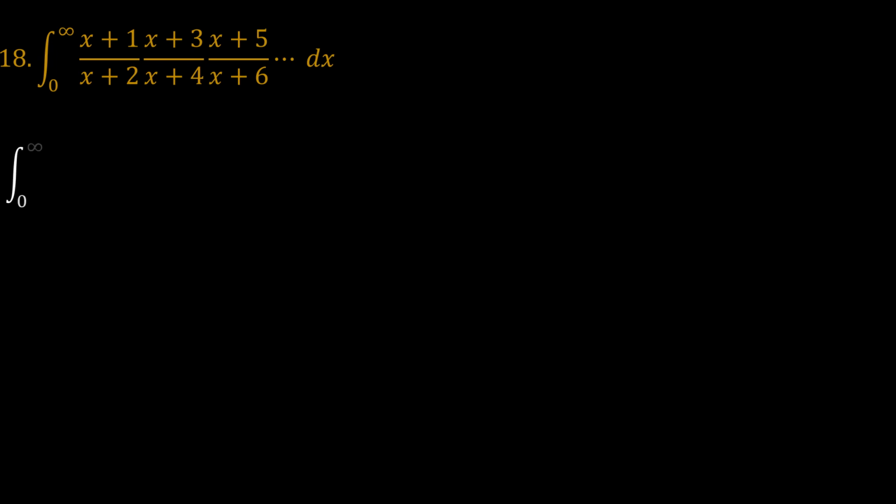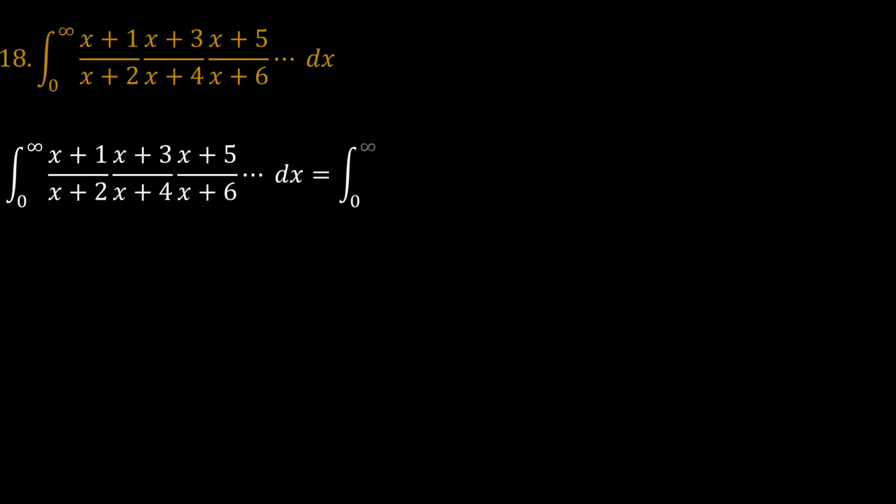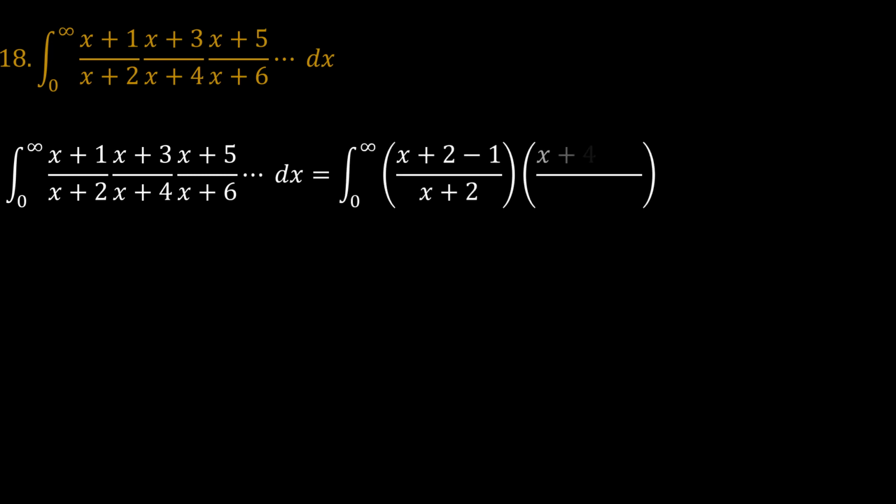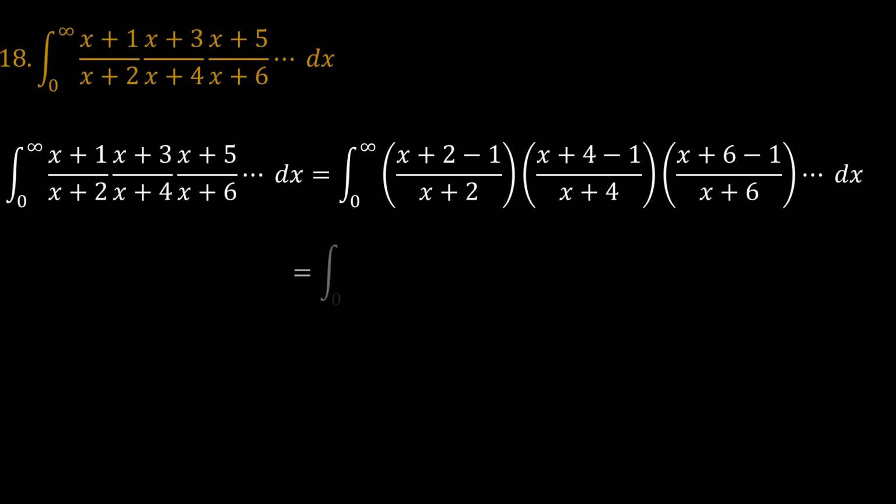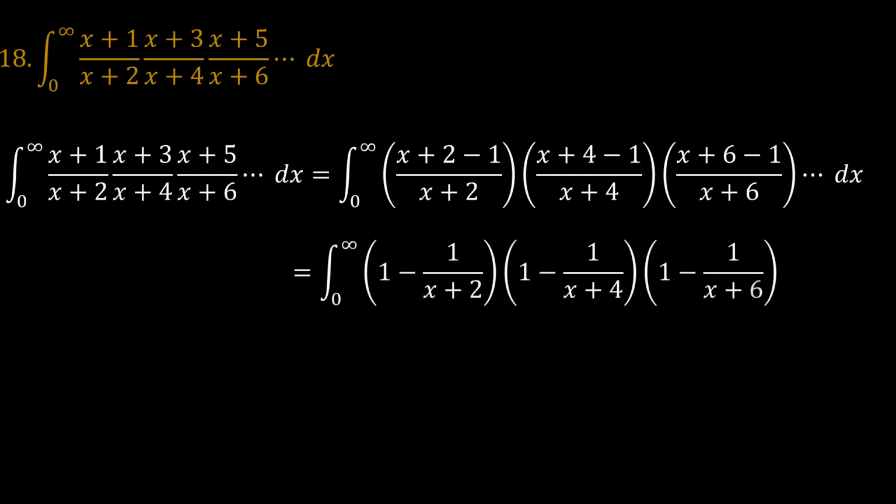And lastly, problem 18, which is the integral of x plus 1 over x plus 2, x plus 3 over x plus 4, x plus 5 over x plus 6, all the way multiplied to infinity. So how I would approach this problem is I would express the numerators in form of the denominator. So for example, the first value there is x plus 2 minus 1 over x plus 2, x plus 4 minus 1 over x plus 4, x plus 6 minus 1 over x plus 6. And so this results into 1 minus 1 over x plus 2, 1 minus 1 over x plus 4, and